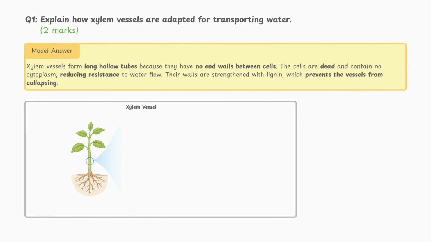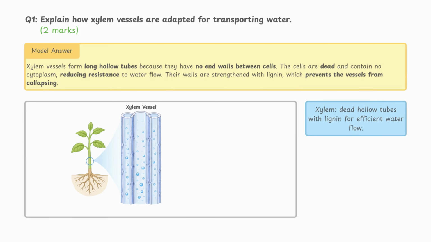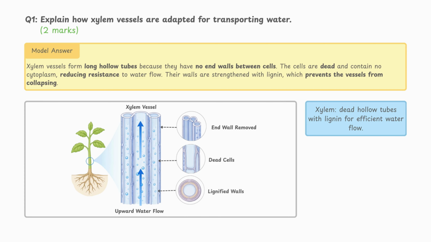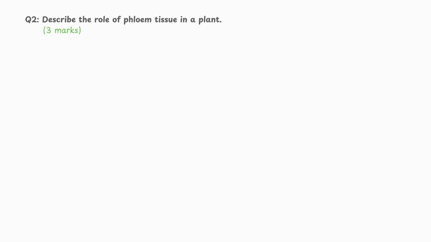Xylem vessels form long, hollow tubes because there are no end walls between the cells. The cells are dead and contain no cytoplasm, which reduces resistance and allows water to flow more easily. Their walls are strengthened with lignin, which keeps the vessels strong and prevents them from collapsing as water is pulled upward through the plant. For question number 2,